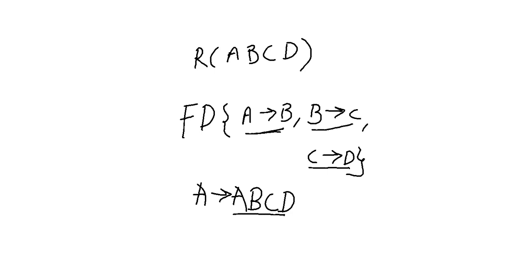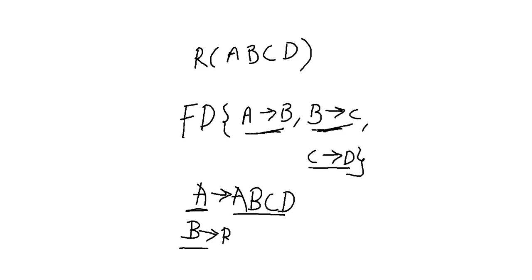So we can say that if any attribute determines all the attributes, then that particular attribute is a candidate key. Now let's take another example. Let's check with B. If you want to find the candidate key, first we check the closure, and closure of B is what? Using B I can determine